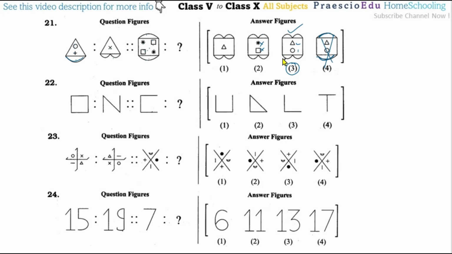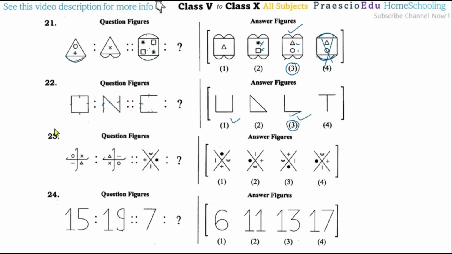Now question number 22. Here 1, 2, 3, and 4 lines. So after reducing by one line, that means three lines, and with the three lines this shape comes like the alphabet N, like this, the three lines. So one line gets reduced, so only two lines, and two lines are shown in option number 3 and 4. But option number 3 is perfect, because if you reduce one line, the shape, or we can say the angle, should be equal. So that's why option number 3 is correct. In our book option number 1 is shown, but that is a very different logic. So we think that option number 3 is correct as per the line reducing quantity.